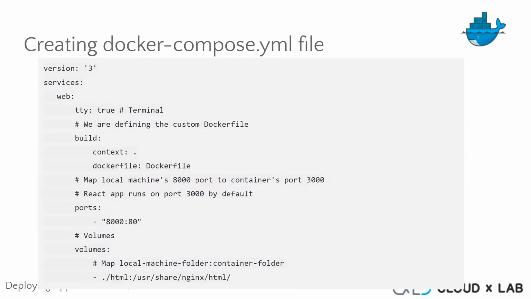Version. It is the Docker Compose version we want to use. It generally depends on the Docker Engine version installed on the machine. We can check the Docker Engine version by running the docker version command in the console. Further, we may refer to the versions of Docker Compose based on the Docker Engine version.